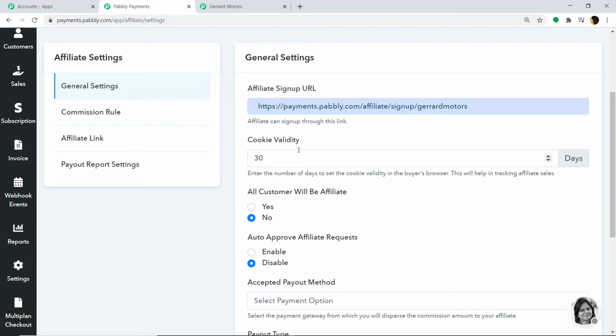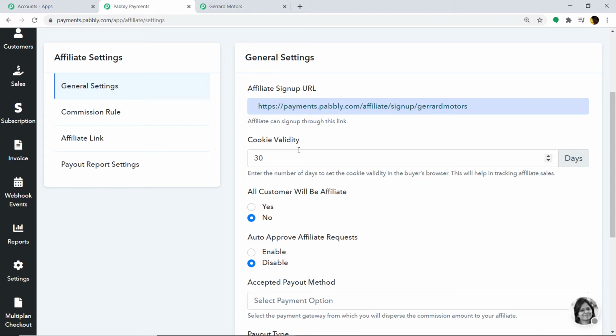It is the time limit that the data will be stored regarding the history of the affiliate links and visitor. If the visitor had purchased after 10 days, the affiliate partner will still be provided the commission because we have kept the cookies at 30 days. But if the visitor had purchased after, let's say, 32 or 31 days, he won't get any commission as the limit is 30 days. So it is basically your discretion to keep the cookie limit.